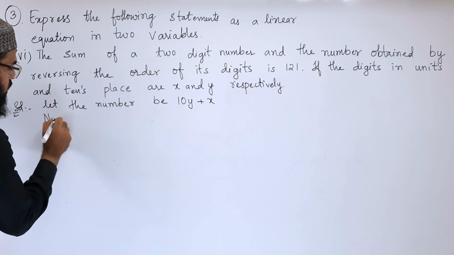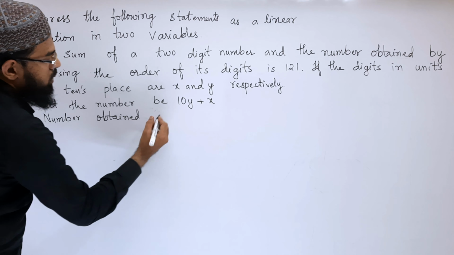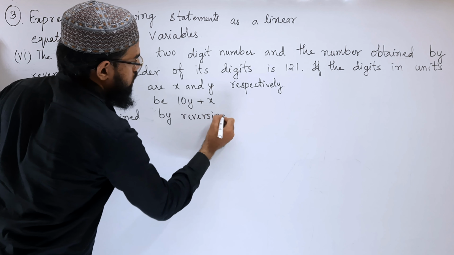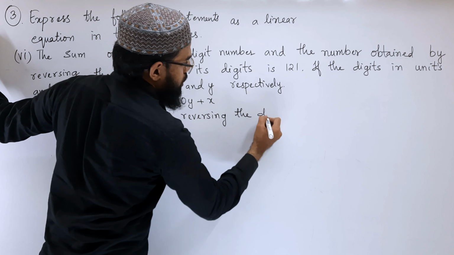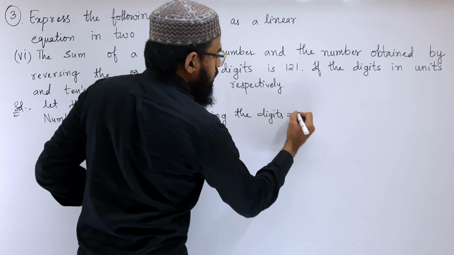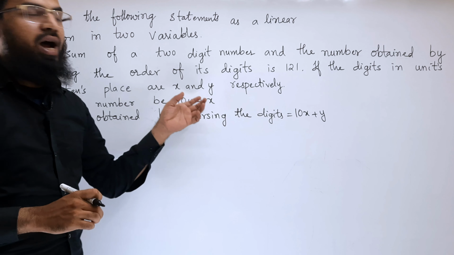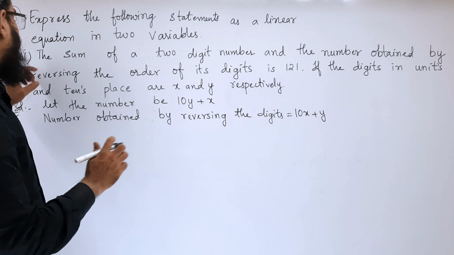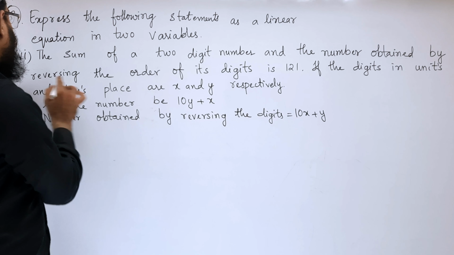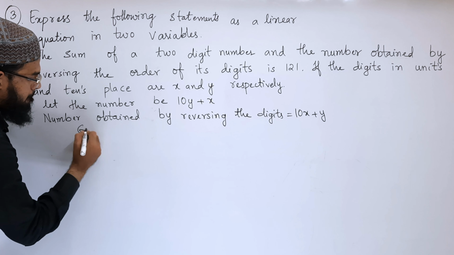Now the number obtained by reversing the digits, so that will be 10x plus y. Next we have to add these 2. So they have given that the sum of the two-digit number and its reverse, if we add these 2, we are getting 121. So given